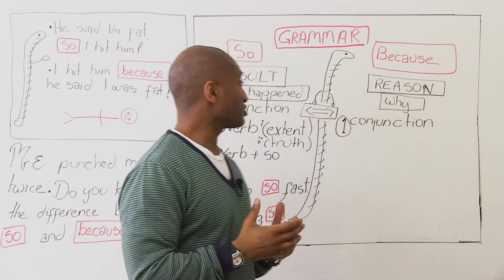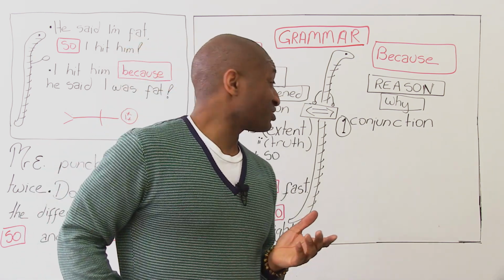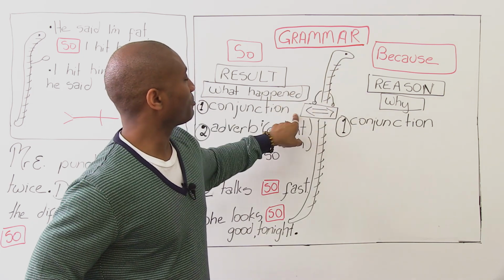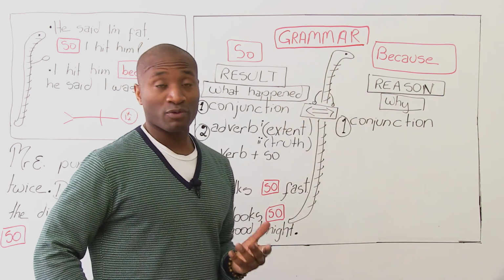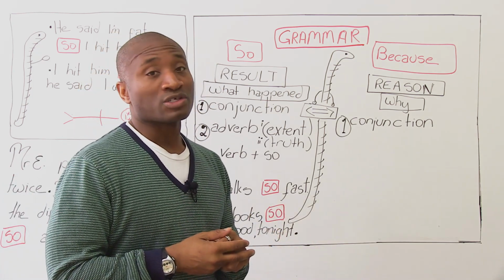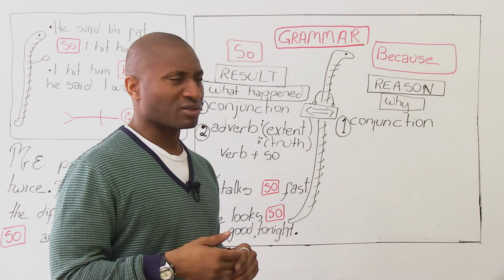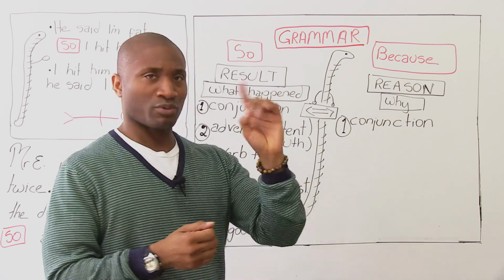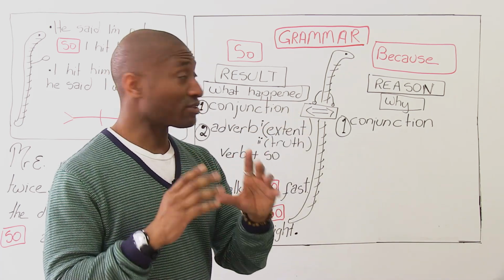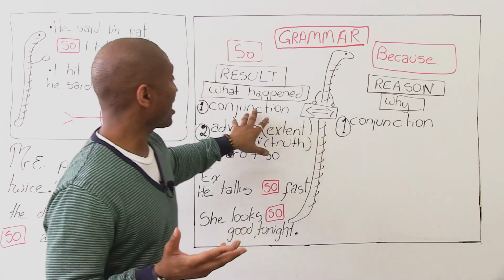Now what we want to look at is so. Here's where the difficulty comes in. Because so is a conjunction as well. You notice Mr. E is holding a box, and it's saying, look, they're both the same. They're both conjunctions. They both join statements together. It was hot, so I bought an ice cream, or I bought an ice cream, right? So you go, what? You bought an ice cream? Yeah, I bought an ice cream. It was hot, so I bought an ice cream. Cool? So when you're doing that, you're joining it together, just like the conjunction for because. Cool? And that's what causes the problem.